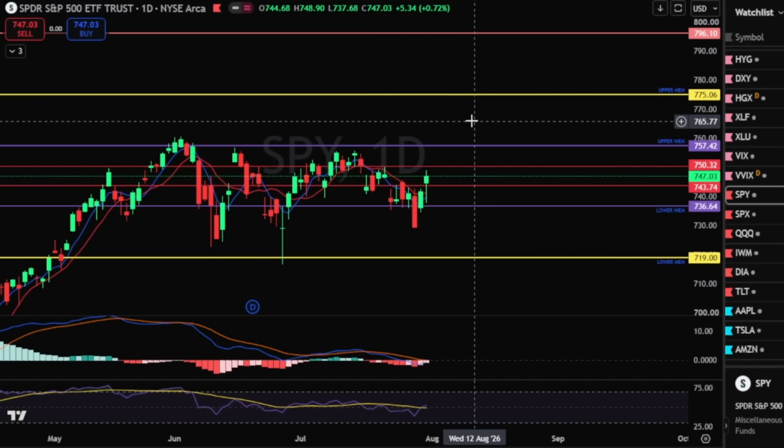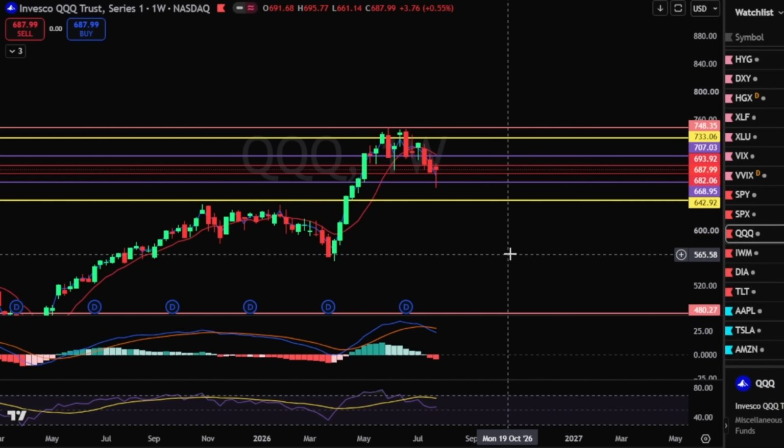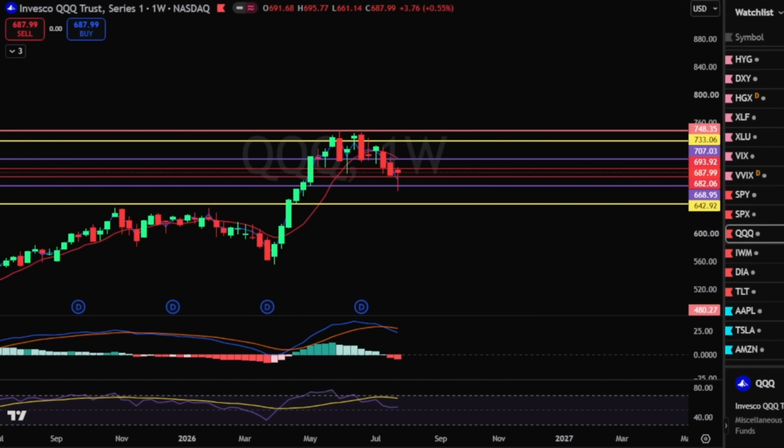But for right now, I think we just need to consider the Qs, because the Qs and IWM, I think, are a little more interesting than the SPY right now. Once again, we're going to start off just on the weekly chart, just to acknowledge here that maybe the Qs are a little bit better of an opportunity, dipping down lower, getting closer to where we really wanted them to test. I would still love for the Qs, as the weekly chart is still pointing down, I would love for